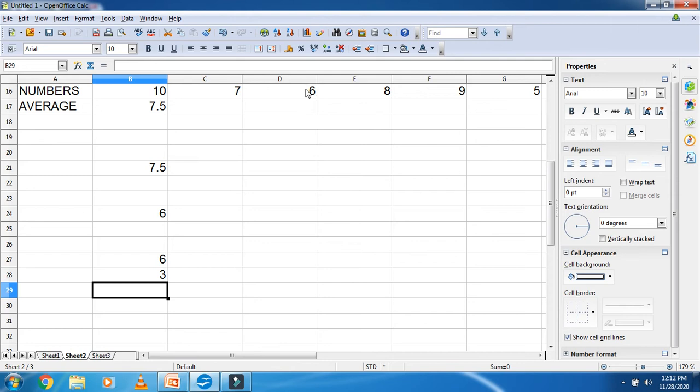Then the next function is the largest value. The large function returns the kth largest numeric value found in the given set of values.